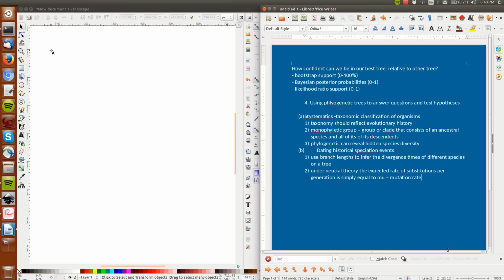So the mutation rate gives you the expected number of substitutions per generation. Specifically, if we let k equal the number of substitutions between a pair of species, then k is equal to mu times t, where t is the number of generations separating those